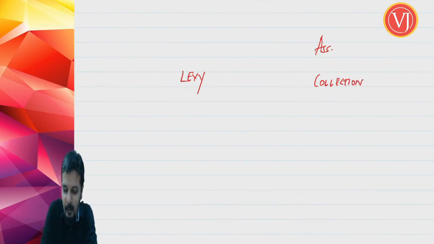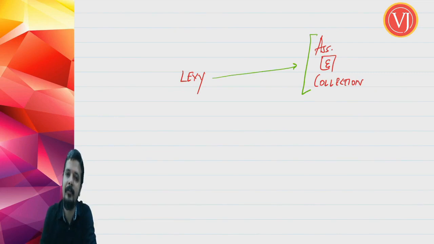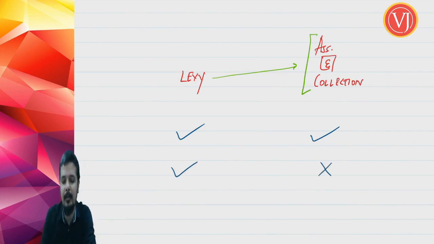Assessment and collection both are integrated. So levy is followed by your assessment and collection. Only and only if there is levy, there will be assessment and collection. There may be cases where there is levy, but there is no assessment and collection, because you are talking about, say, exempt